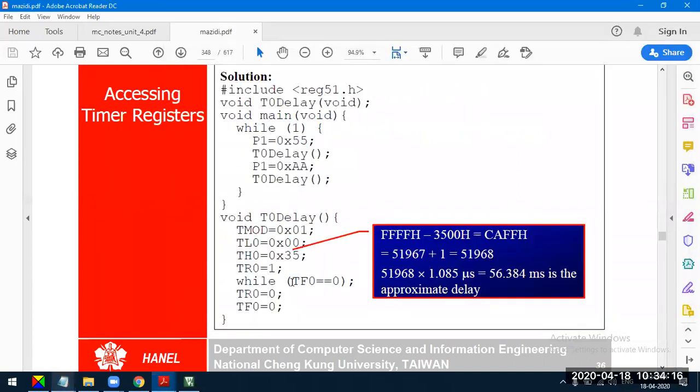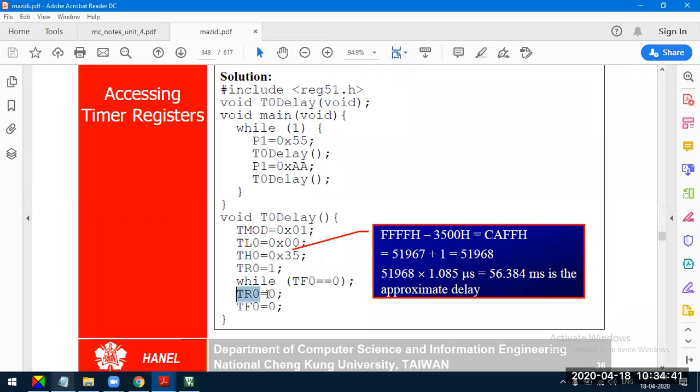While TF0 is equal to 0, that is, execute the same line, semicolon. Please observe the semicolon. The body of this while loop has no instruction. It will execute the same line because of the semicolon, till this condition is false. This condition will be false when TF0 is set to 1. Once TF0 is set to 1, it will come out of this while loop.